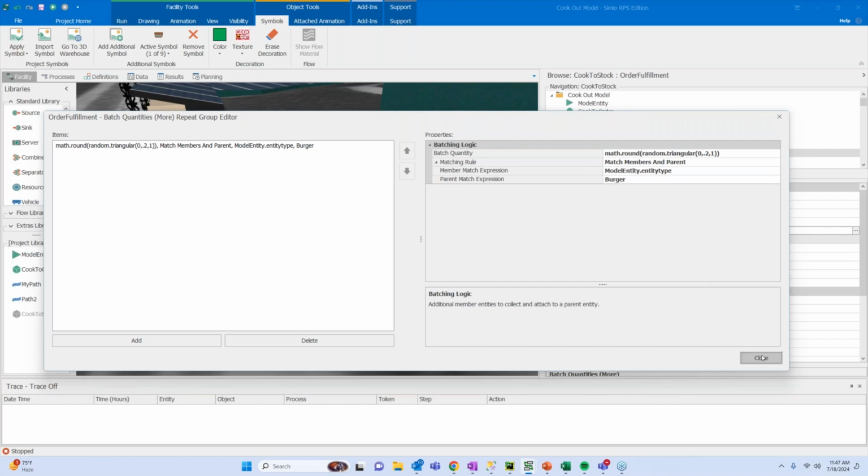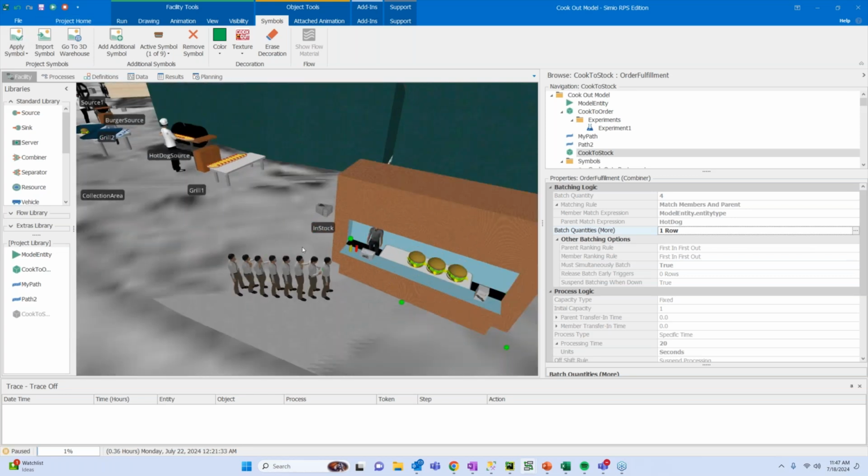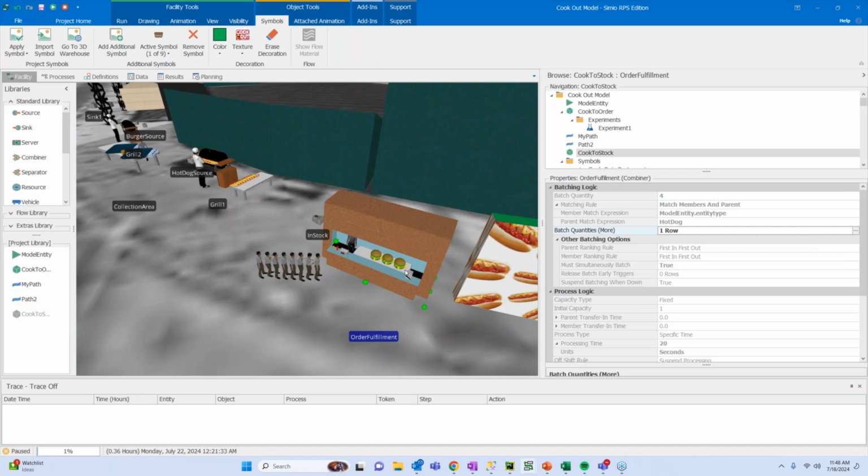So this is where we can say that we need to uniquely have, in order for this customer's order to be fulfilled, they need to have 4 of those hot dogs in the member inputs to be used in 1 burger as well. So that's where we are waiting for those particular quantities to become available. Upon doing so, we will fulfill those orders and the customers are able to go back to their seat. But we see that this queue is being built up here because we don't have sufficient quantities of hot dogs readily available for the users. So we are waiting for that tray to be refulfilled and resent back to the given station. On doing so, we see that the customers get their orders filled.